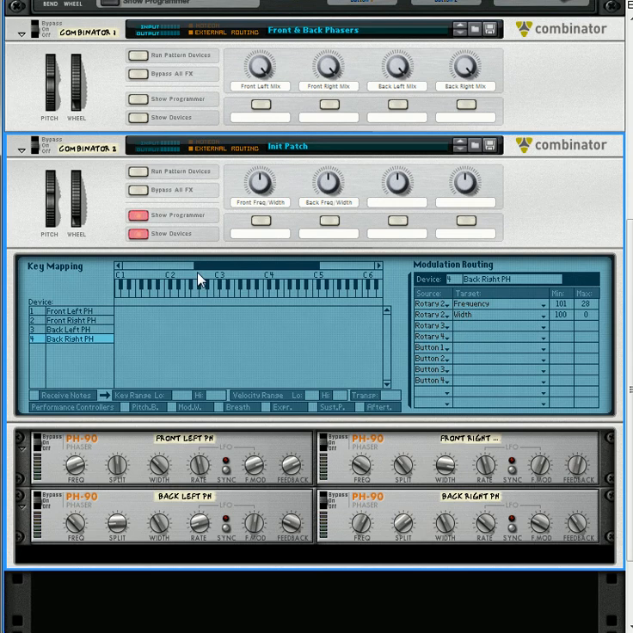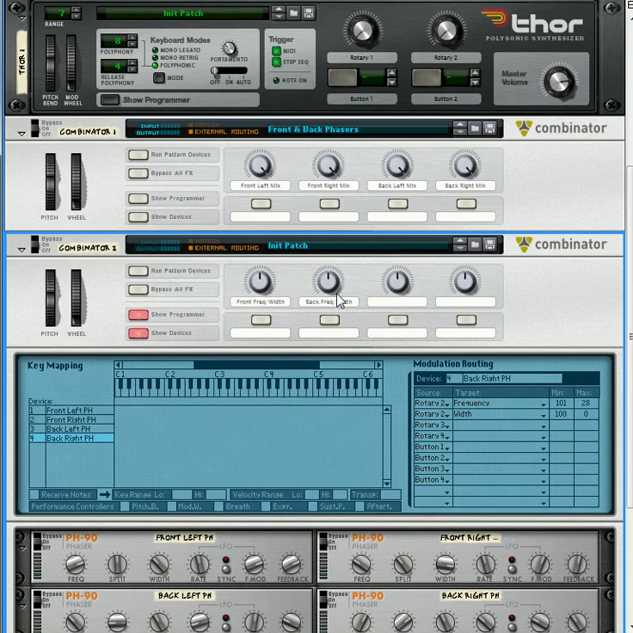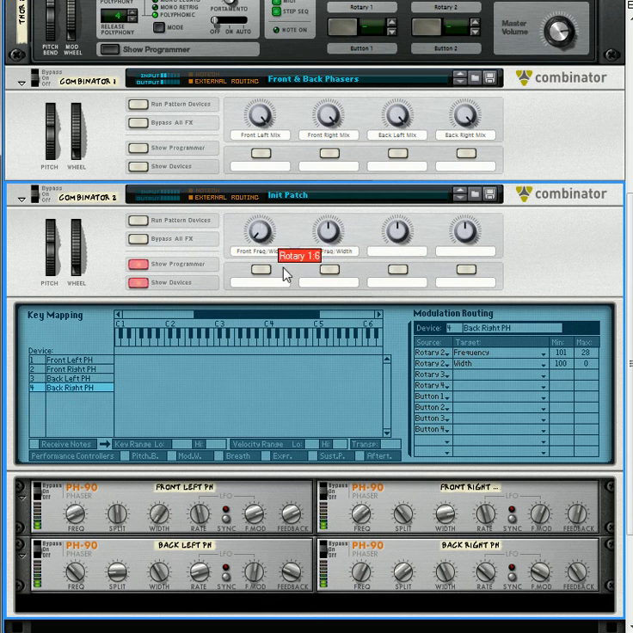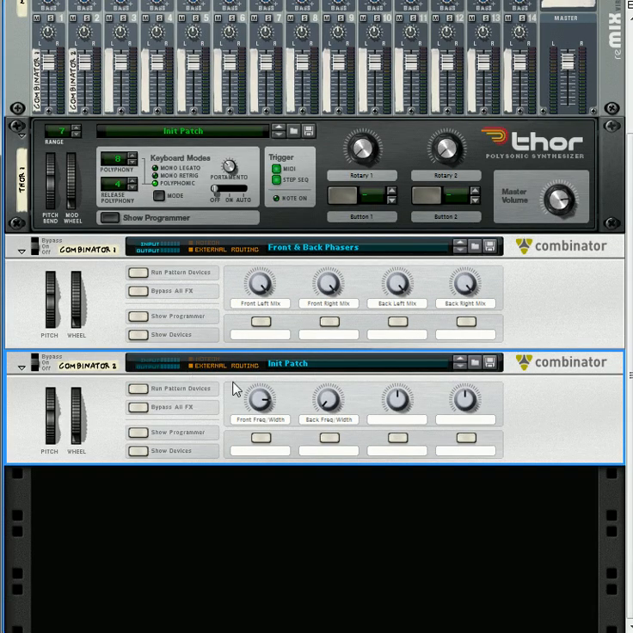Okay, so now when we're playing this, and I have to select my Thor. Okay, so now when we're playing, you can sweep between the frequencies. And that just gives a little bit more dynamics to your sound. So now that you've got it set up in 2 different combinators,